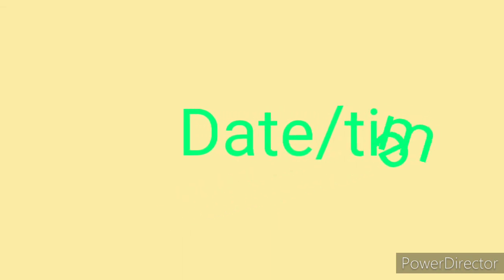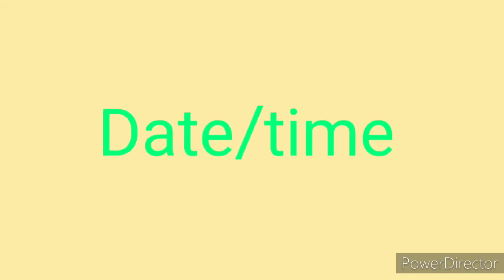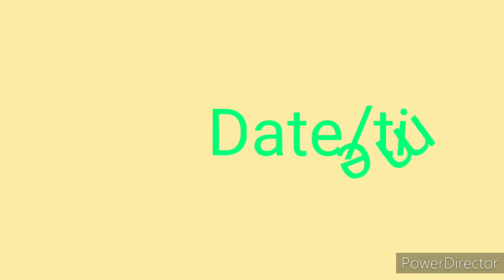The next one is date and time, children. It stores information like date of birth, date of joining and date of leaving, like that. In this one we can store data up to 8 bytes. Calculations related to dates can be done in this field type. Calculations, that means how many years he worked, from date of joining to date of leaving. At that time also we can use date and time.